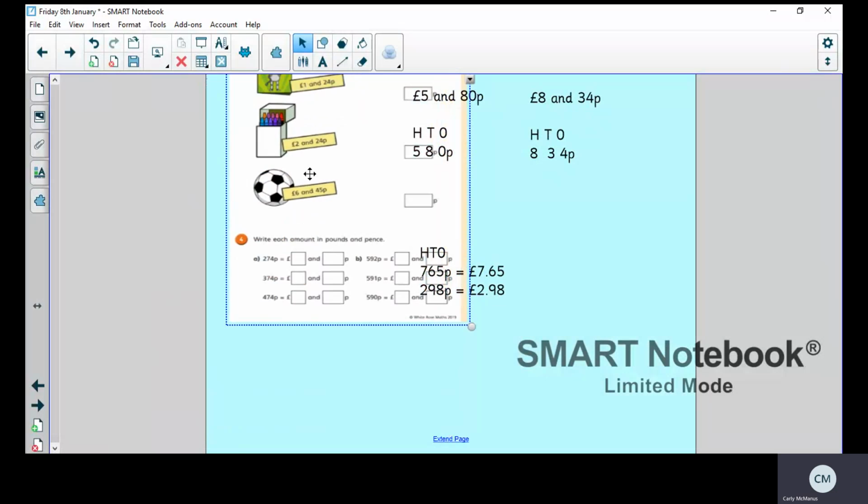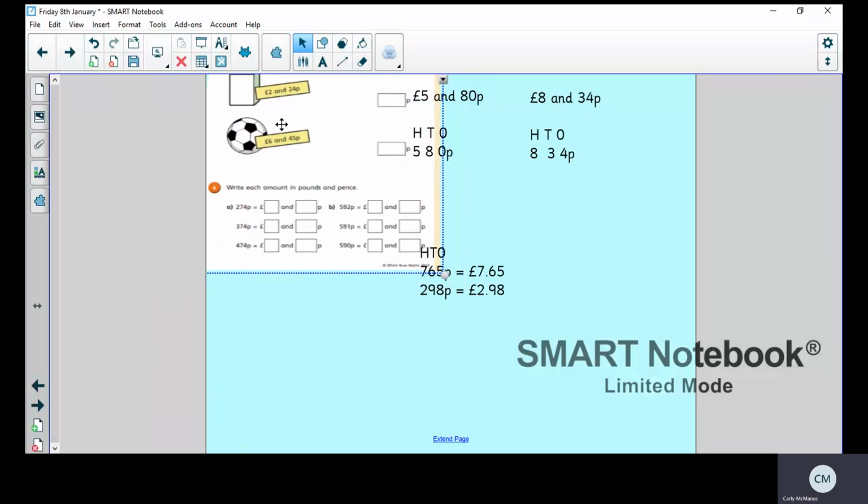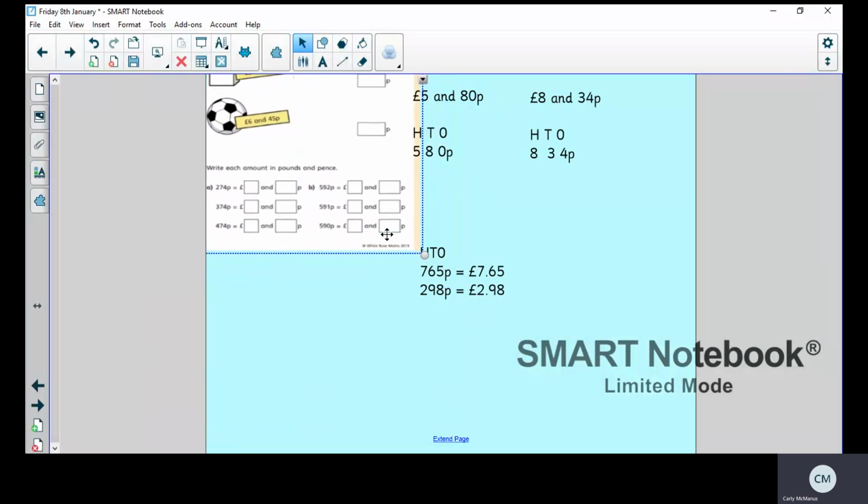And then question 4, I'll just move this up a little bit. It's asking you to write the amount in pounds and pence. So it's the opposite to the first question. This has got all the amounts in pence and you need to convert them into pounds and pence. So again, I've just done an example here. So we've got